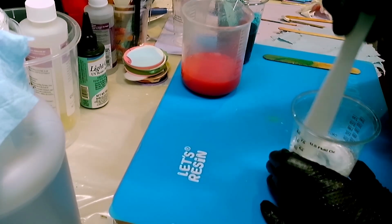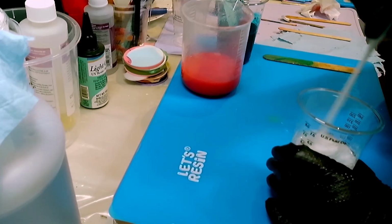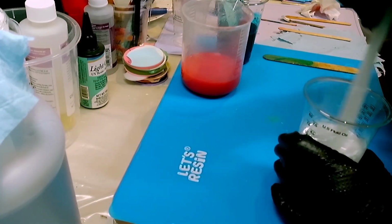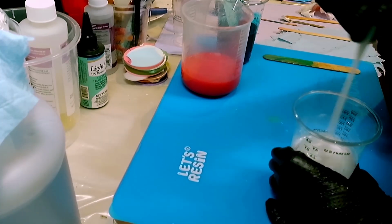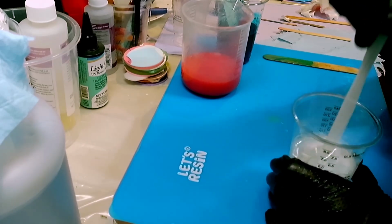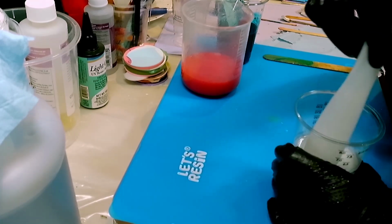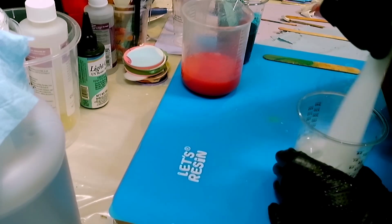I split up my resin pretty equal. So I had sort of the same amount of each color, because I've been known to overdo one color versus another. And I mean, there's nothing wrong with that. I just today decided I'll get it a little bit closer